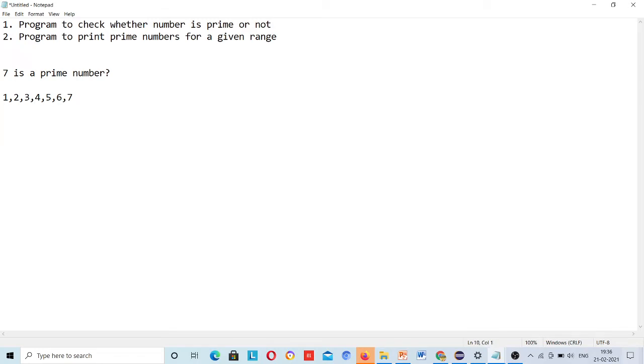Of course we have to divide that number, and if a number divides another number completely, then the remainder is 0. So in Java we have the modulus operator, which returns us the remainder. Suppose I have a variable.